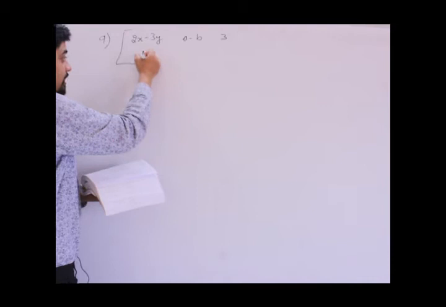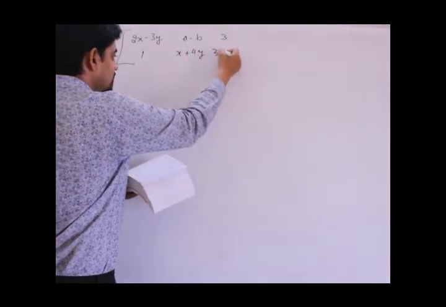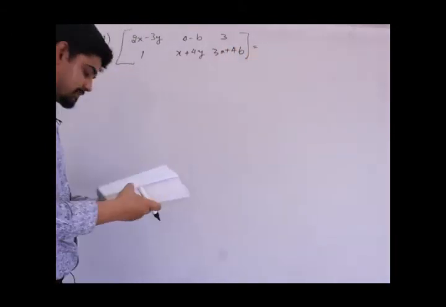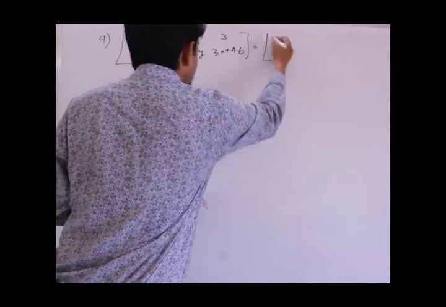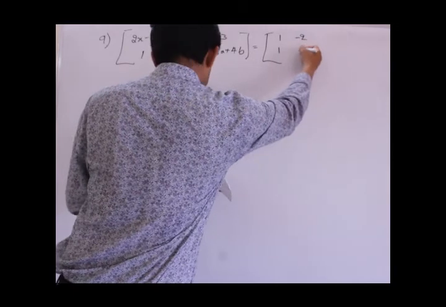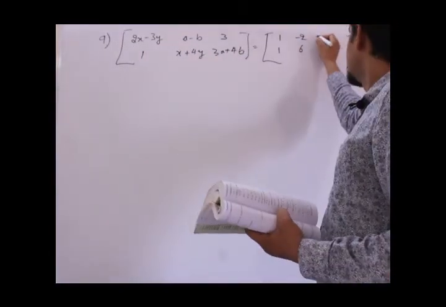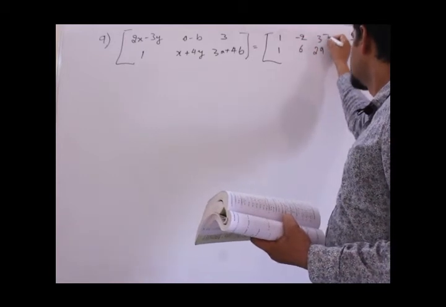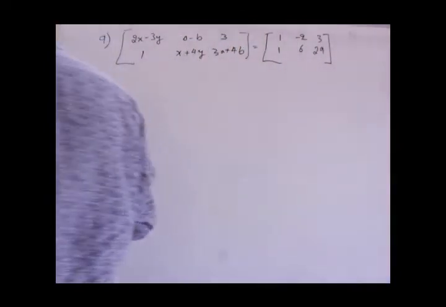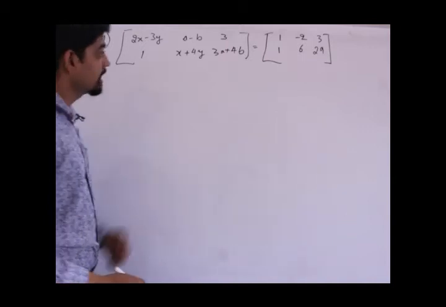Here it is x plus 4y, 3a plus 4b is equal to 1, minus 2, 6, 3 and 29. This is the question, and the question is to find the values of x, y, a and